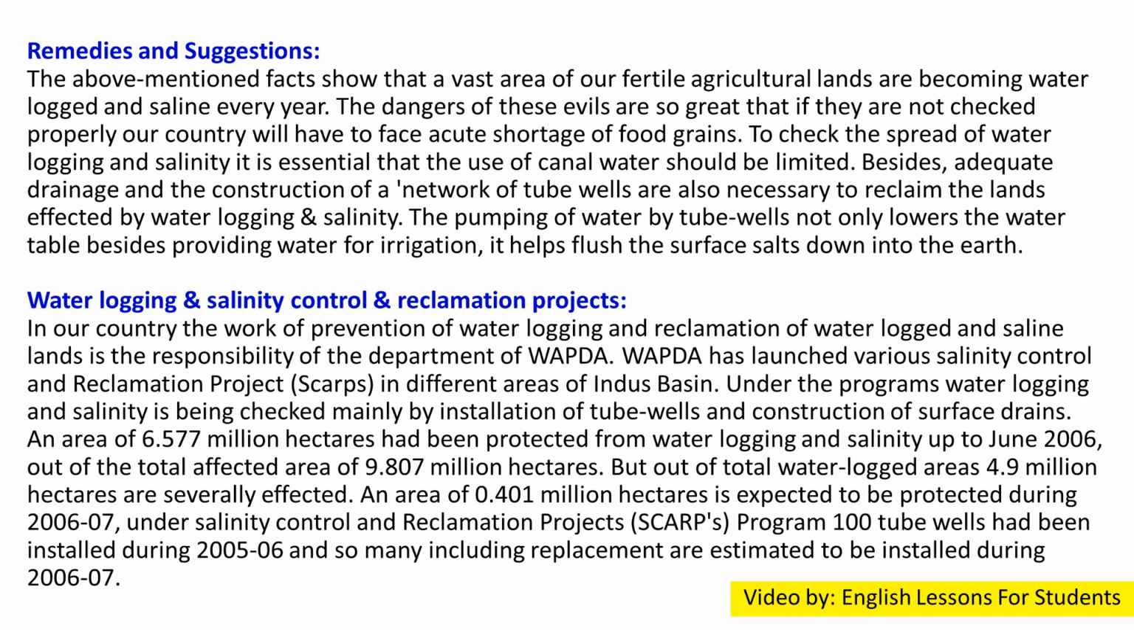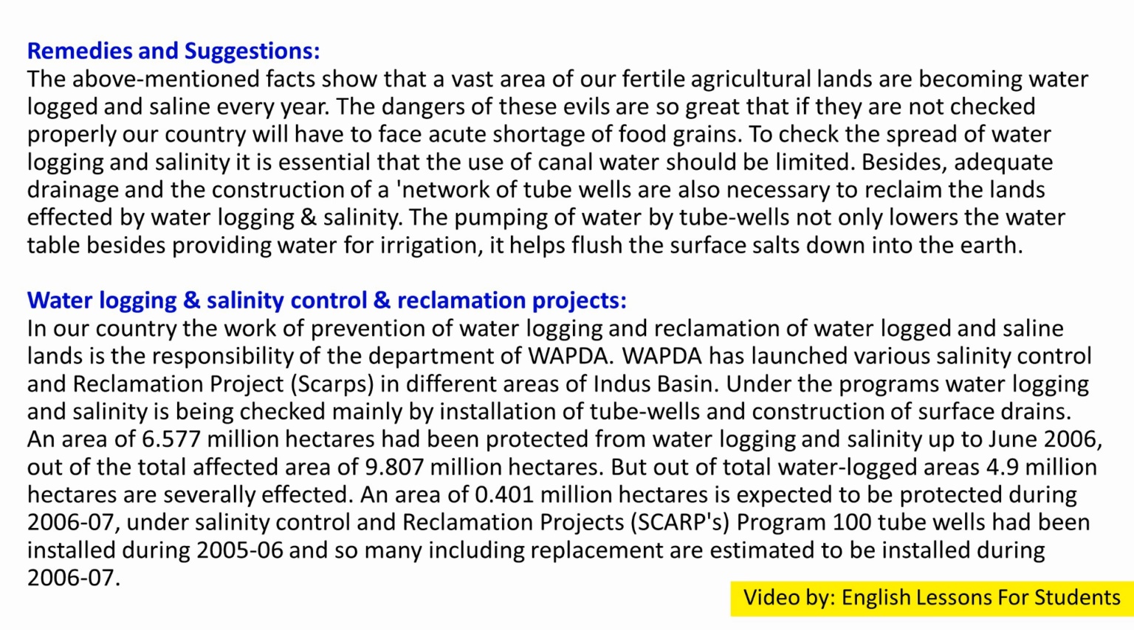Remedies and suggestions. The above mentioned facts show that a vast area of our fertile agricultural lands are becoming waterlogged and saline every year. The dangers of these evils are so great that if they are not checked properly, our country will have to face acute shortage of food grains. To check the spread of waterlogging and salinity, it is essential that the use of canal water should be limited because